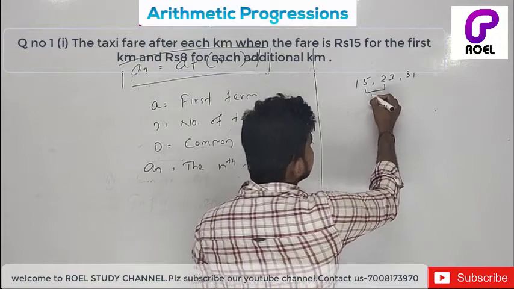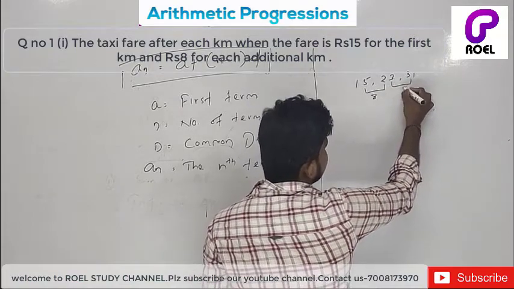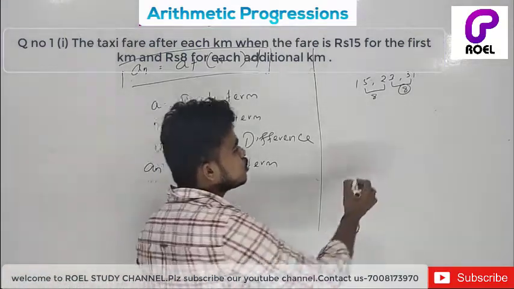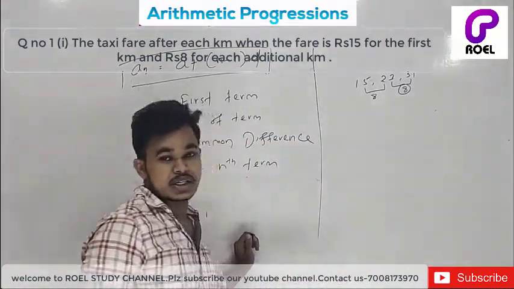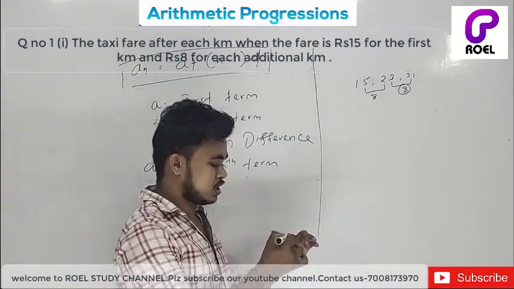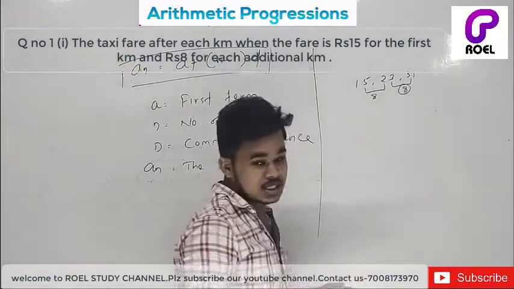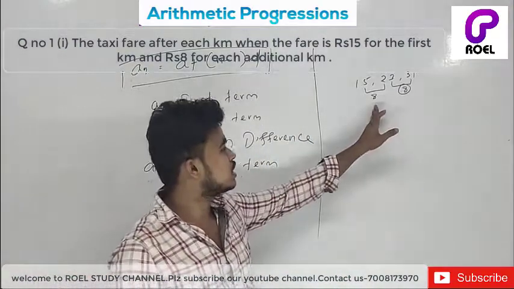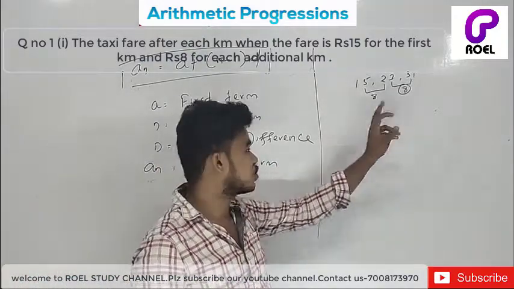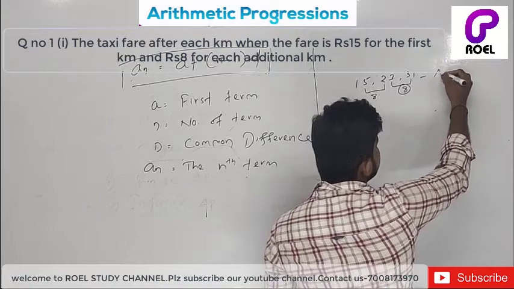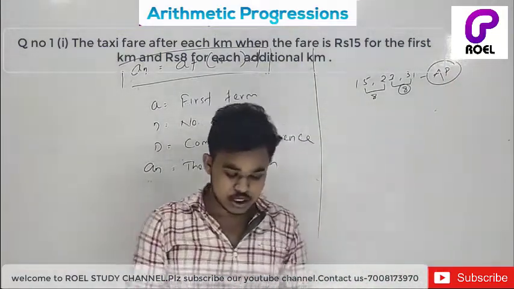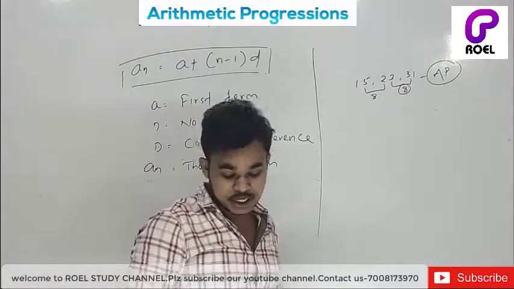So here we got the common difference 8 in each of the numbers. So we already have read that if any series has a common difference between its numbers, then we can say that this is an AP. So here you can see that 8 is the common difference between the numbers, so it is an AP. Likewise, we can solve the first question of exercise 5.1.